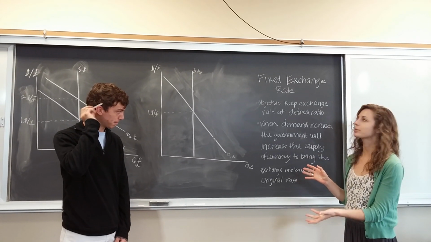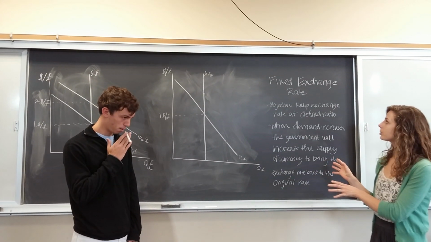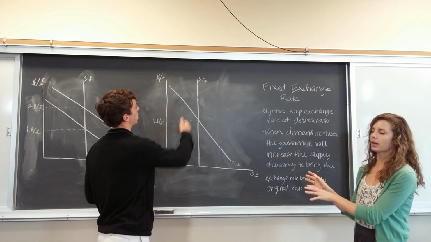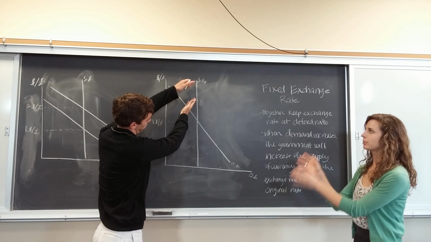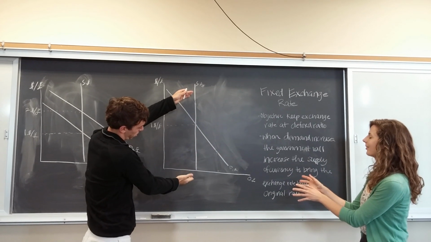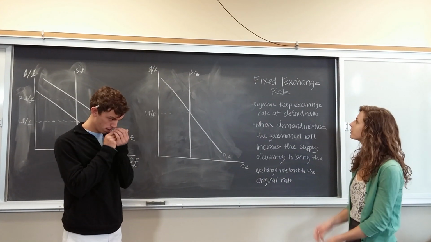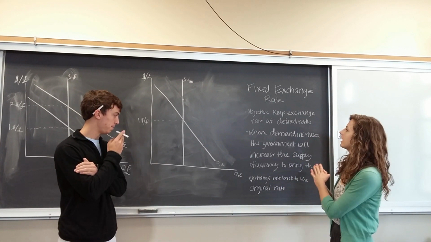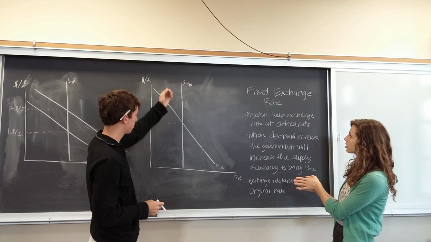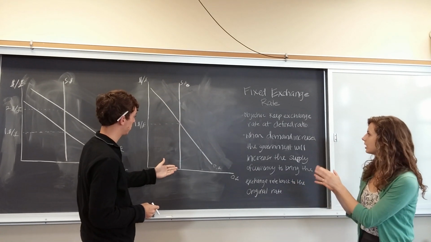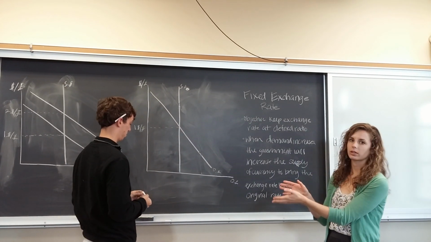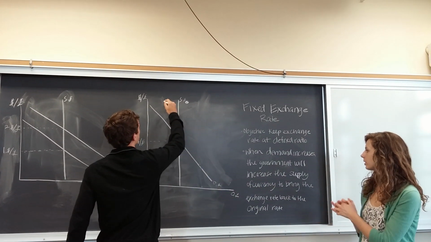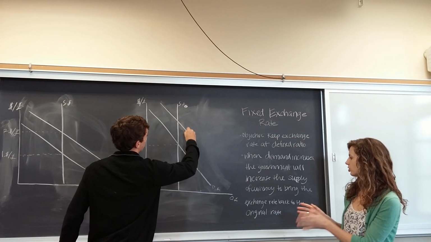Okay, as with the flexible exchange rate case, the fixed exchange rate includes the government keeping the supply of currency fixed. All right, so as with the flexible exchange rate, the government keeps a supply of money, and the objective with the fixed exchange rate is to keep it at a defined ratio, in this case, $1 per pound. So when the demand increases, the government will increase the supply of currency to bring the exchange ratio back